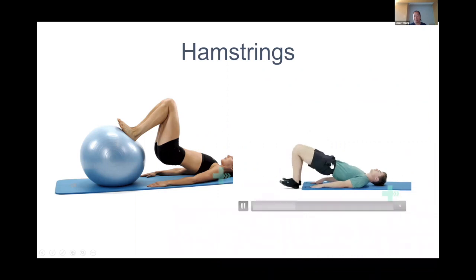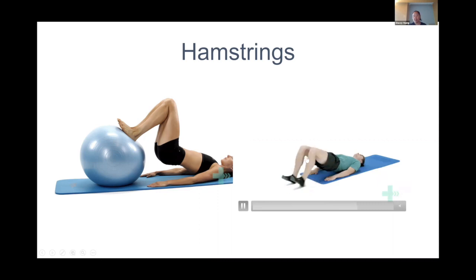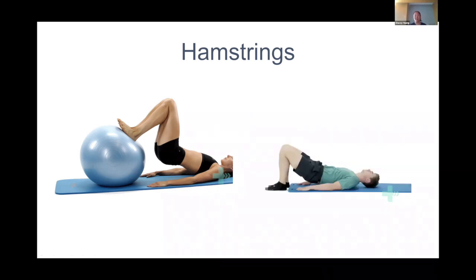So when he gets his hips up, they are nice and straight right here. But you'll notice as he starts to do them, his hips start to drop. So I would recommend, if you are going to do this exercise, to do it nice and slow, and make sure that you're not flexing at the hip, because that's when he's losing the stability around his hips, and the ability to load his hamstring is going to be a little less, because if he's flexed, he's using his quads at the same time as his hamstrings. So the one thing you need to concentrate on is the